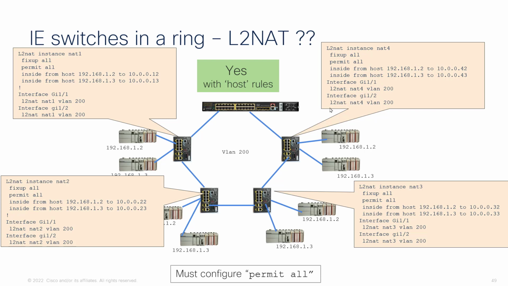And you apply the NAT instance on both interfaces, because in rings, you don't know from which direction the packets will ingress from. So they can ingress from either interface, gig 1 or gig 2, and you have to have a translation for it. And what happens here is if the packet doesn't match